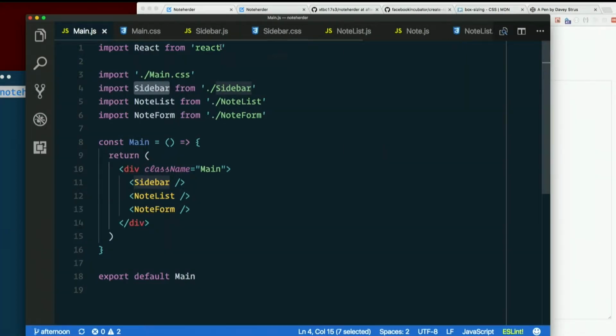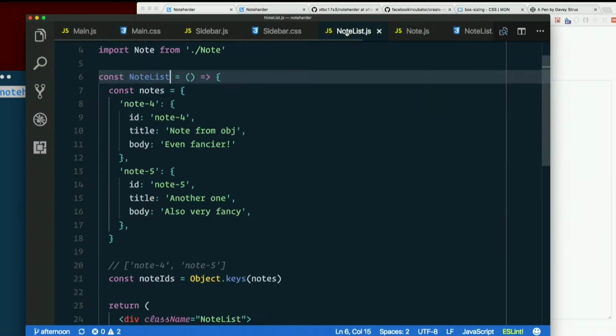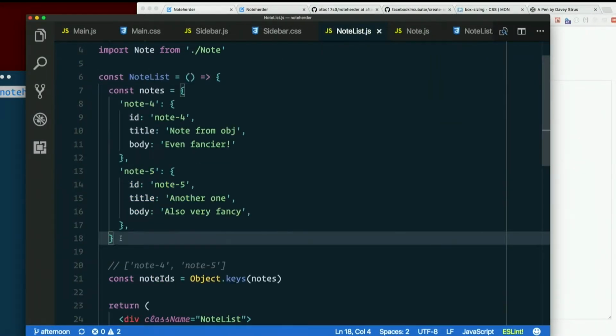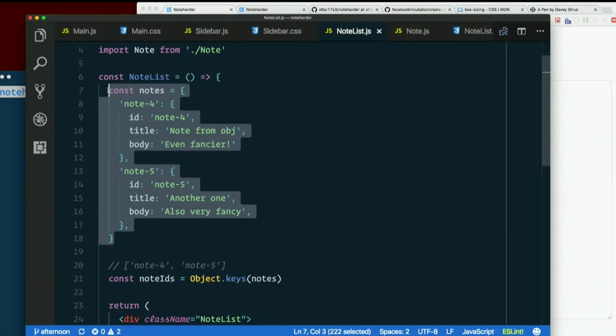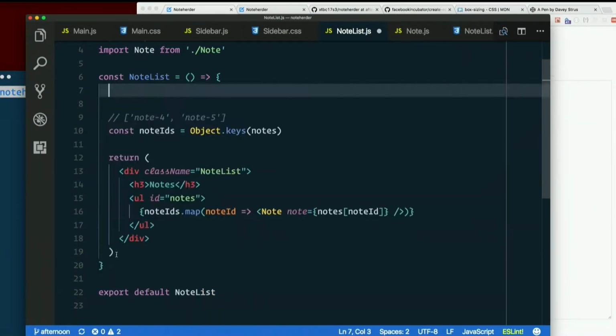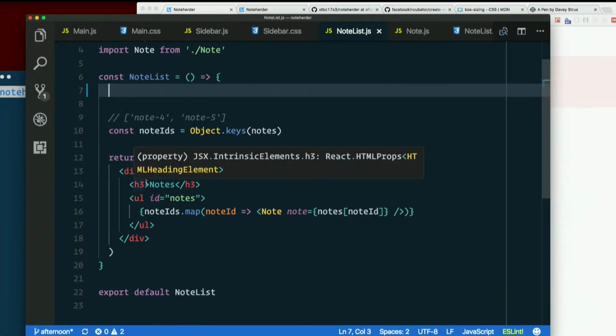So we have to elevate the state up out of note list, because it needs to be available in other components too. So it needs to be at least as high up as main. We're going to pull it all the way up to app. Sorry, notes. We were just pretending. So in app.js,